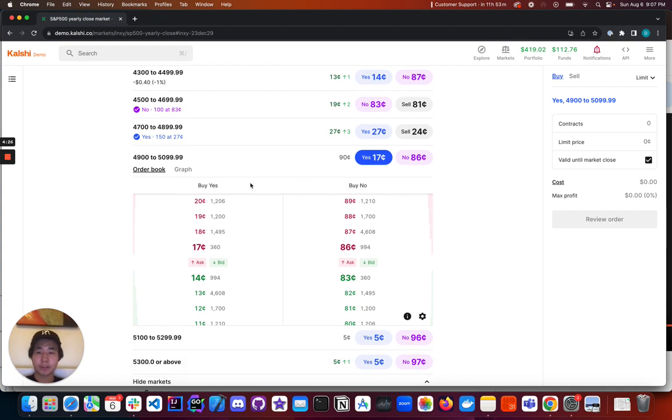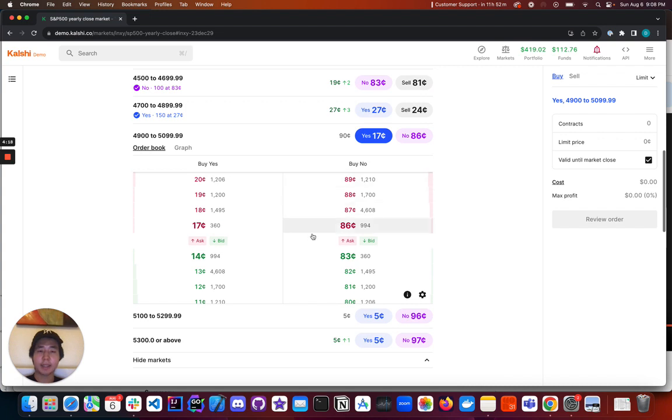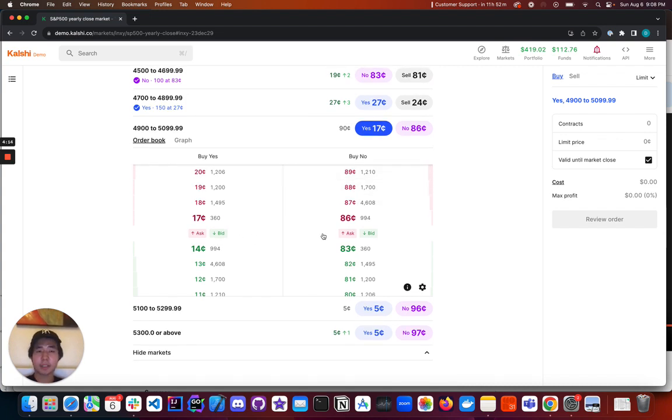And then, as you can see, the order book is divided into a yes side and a no side. And each respective yes or no side is organized by bids and asks. So what is a bid and what's an ask? A bid is the highest price that a market participant is willing to pay for a yes or a no contract. And an ask is the lowest price that a market participant is willing to sell a yes or a